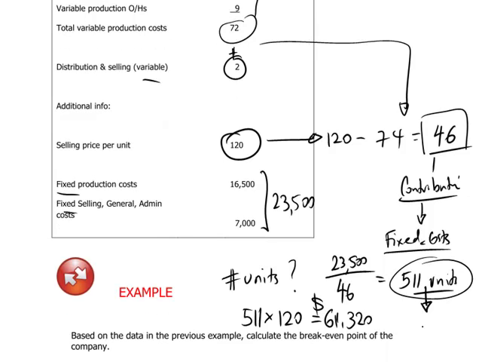Well, it's going to be $23,500 of fixed costs, and the variable cost associated with 511 units will be 511 times $74. Let's just multiply that through. That gives us